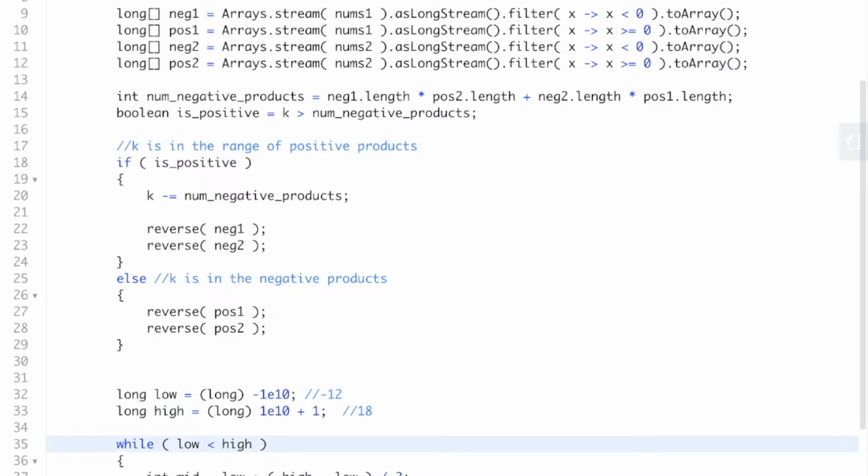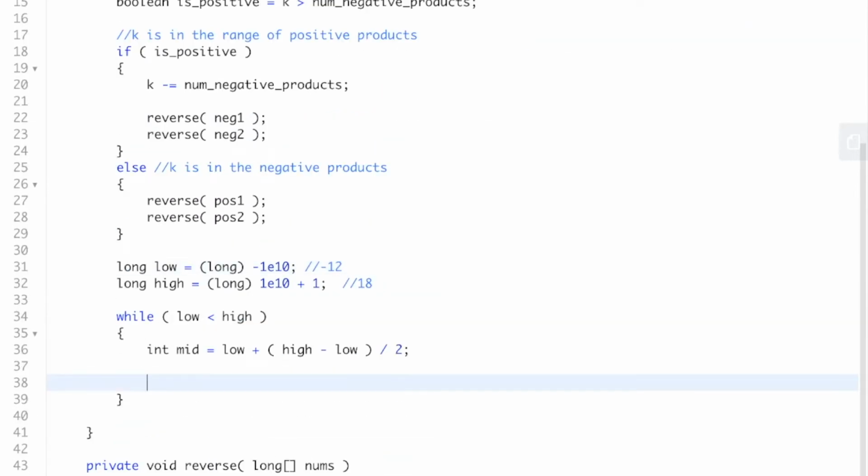But anyway, continuing. I'm just doing this because I'm lazy, and this is already a lot of code. So, mid is low plus high over 2. This is our potential product. And now we want to